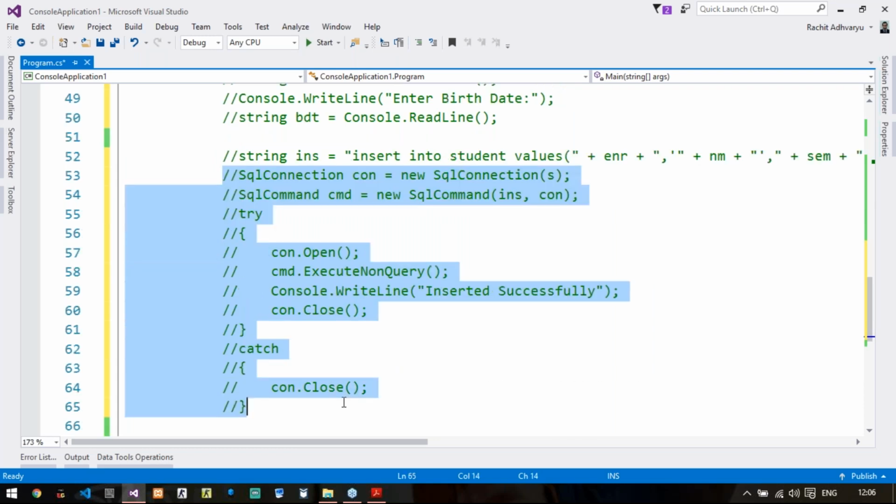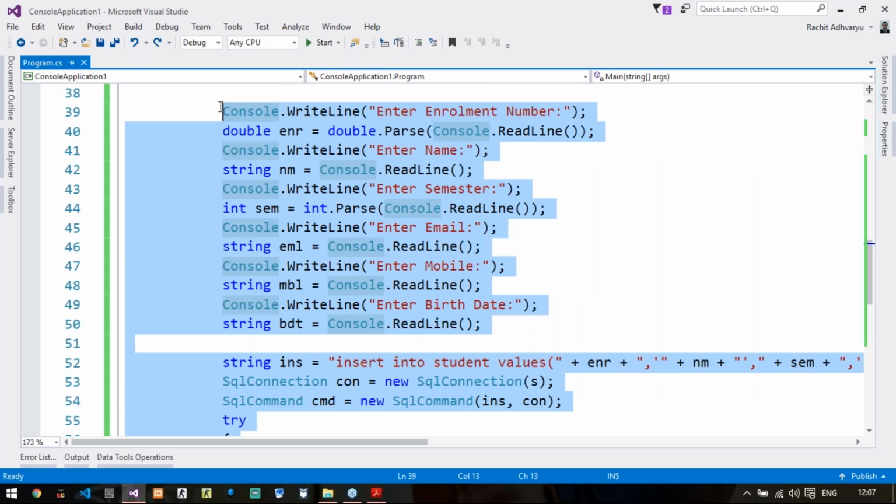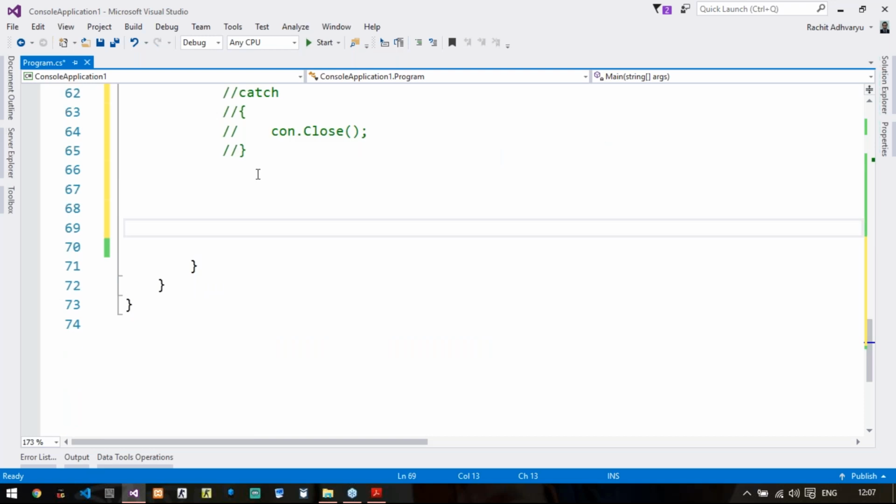Yeah, so commenting it. Moving on to the next part, that is the update. Now here you have been asked directly one question, that you update the semester of all the students to 6 whose name is Raj. So we don't have to take any inputs, no console.writeline and readline are required. Only directly we are going to write the update query.